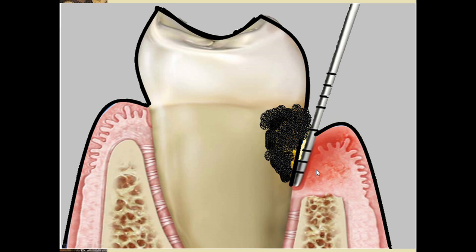and there is inflammation in the gingival tissues, and because of plaque and calculus, there is bone loss and loss of periodontal ligament. So this is the pocket formation. So what is a pocket? It is the deepening of the gingival sulcus. The pathological deepening of the gingival sulcus is known as pocket.